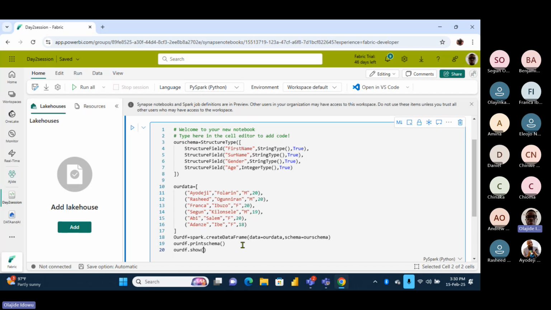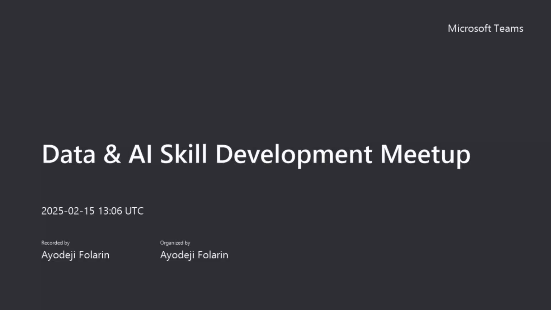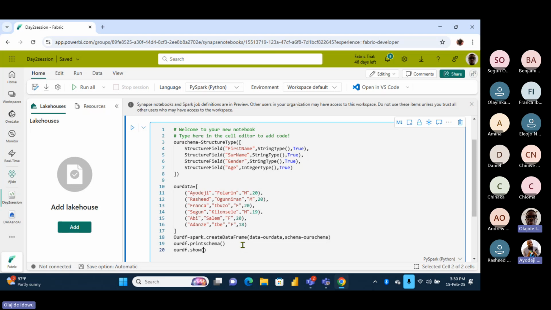Our DF equals spark dot createDataFrame, open bracket, data equals our data, comma, schema equals our schema, close bracket. Is that correct? Fantastic, correct. Then the following line, our DF dot printSchema, open and close bracket. Fantastic. Our DF dot show, open and close.